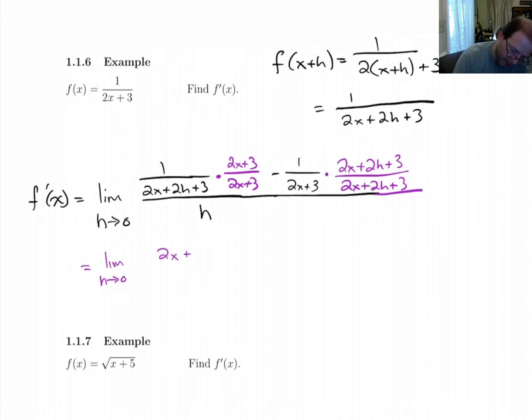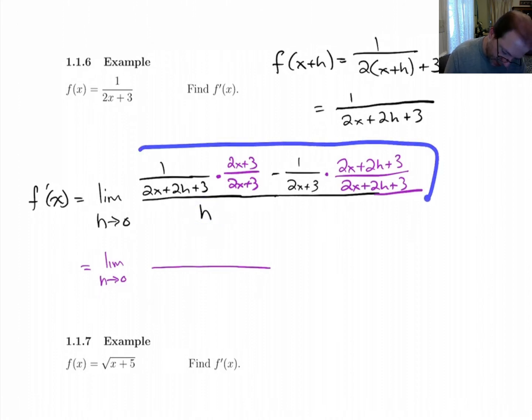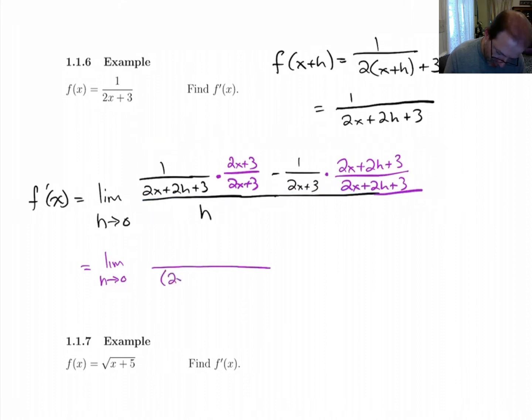2x. Tell you what, let's not write all this down. Notice up here, when we multiply this together, we're going to have the same denominator as over here. So what we're going to wind up with on top, well, first up, ignore the h for the moment. If we just add this stuff together, the denominator of that is going to be 2x plus 2h plus 3